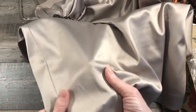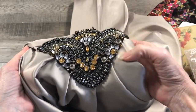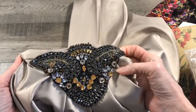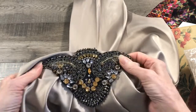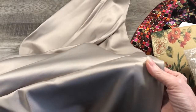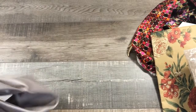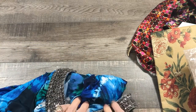This satin is to die for. And the reason I got it was for that embellishment, that applique right there. That is going to look stunning in a journal. Just cut that out, and then I've got all this fabric to use. Yay! Here's another shirt, and also, I